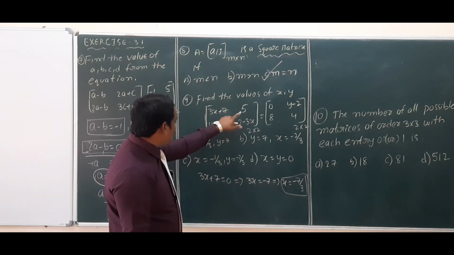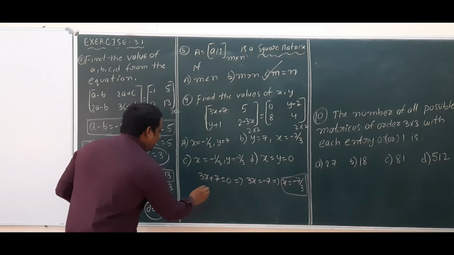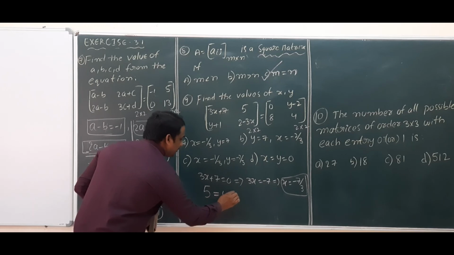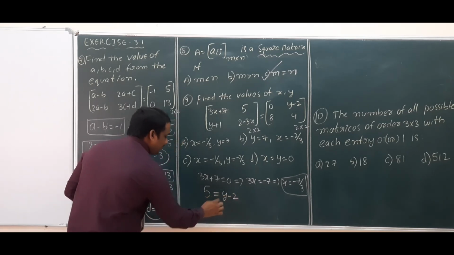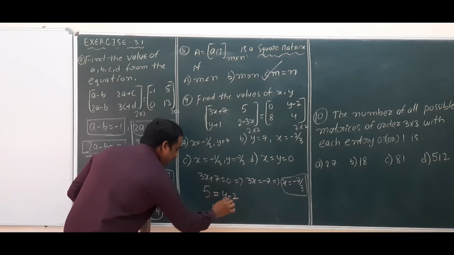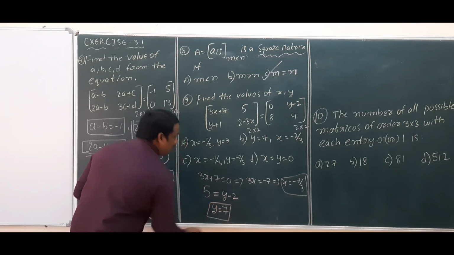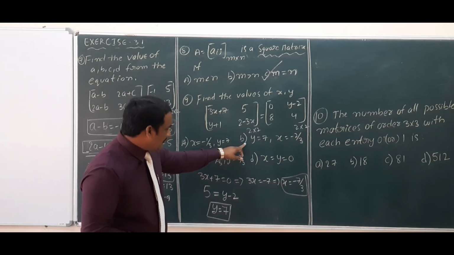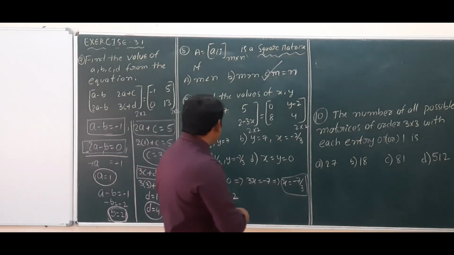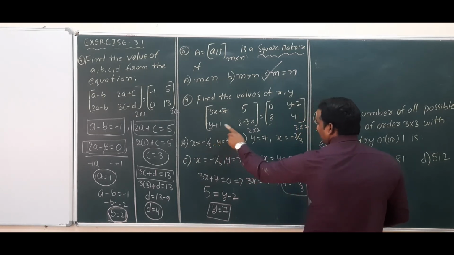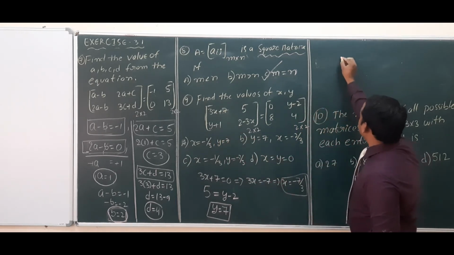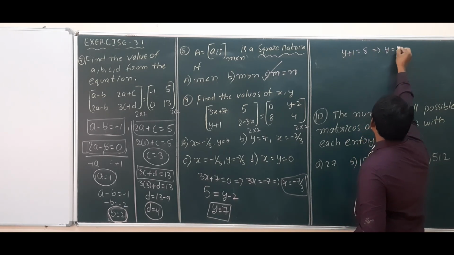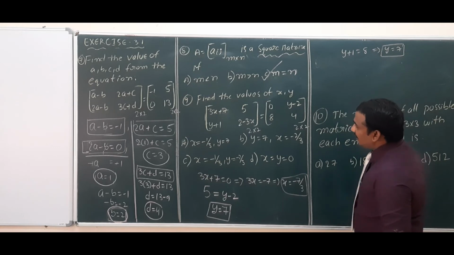Now we can check here the y value. Here 5 equal to y minus 2. Y equal to, you can write 5 plus 2 is 7. Check here option y equal to 7. Option B is there. But we will calculate x value also. Now third one here, y value already got. Now here also you can equate y plus 1 equal to 8. Same thing you got here, y equal to 7. Y is equal to 7 is fixed.